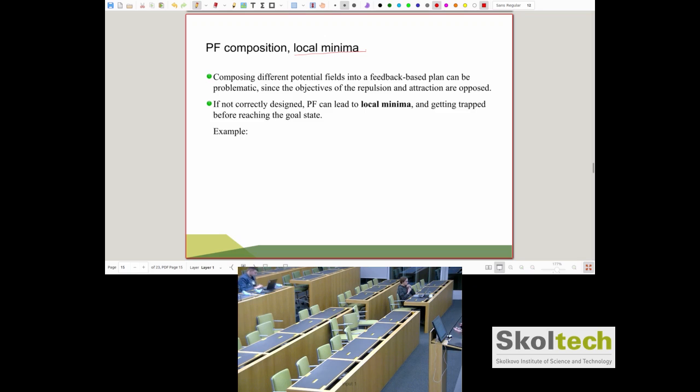Although all these things, if you define the potential as we are discussing now, just this attractive, and then you start putting objects, then the problem is going to be local minima, right? So you could have a feedback-based plan, no doubt, and it's going to work. But if you don't correctly design it, there's going to be local minima, right? And an example is